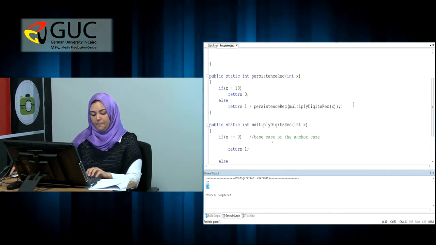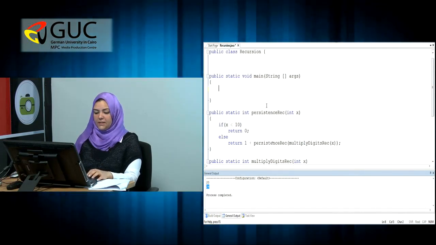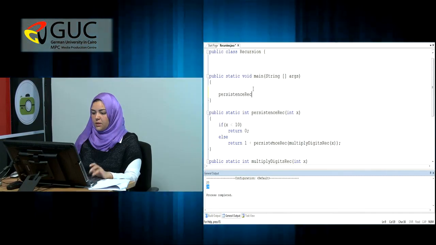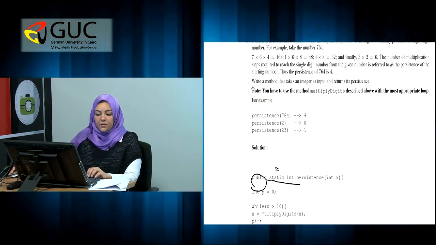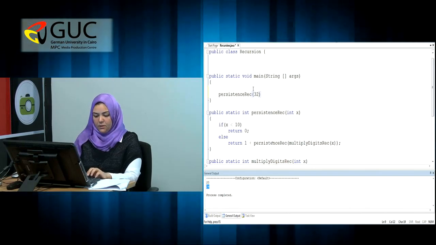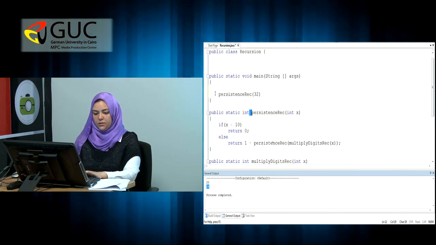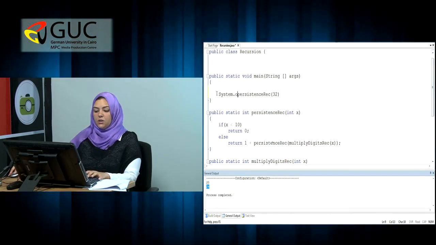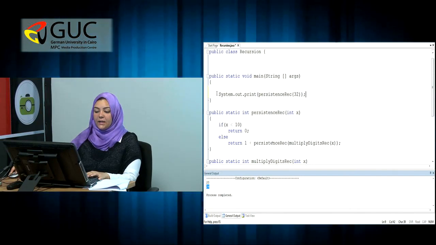So here I will say persistence rec of, and for example, let's do the 32 number. However, this method returns an integer, so you need either to put it inside a print statement, System.out.print, or as we said, store it in a variable and then print this variable. Okay? So let's compile. Okay, it compiles correctly, and if we run,